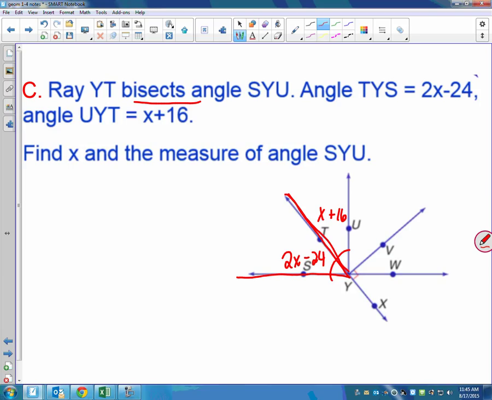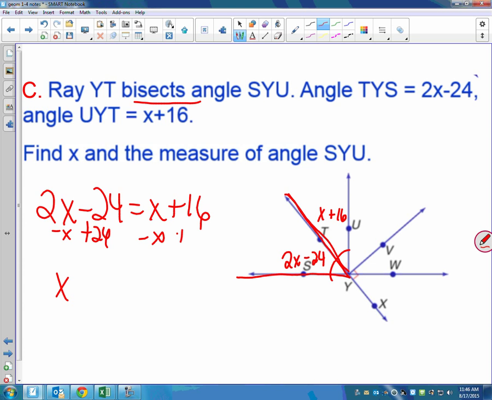Or we can figure out, we'll find out for sure now if our measurement was right. We're saying this is 90 degrees, right? One of you said that. If it's 90 degrees, we should get that each one of those is 45. But now we'll figure out, what if it was 89 degrees? We're going to find out for sure right now when we solve this for x. So we know bisects means they're equal to each other. I can tell you that in geometry, they're going to give you lots of words to go with the picture. Don't get overwhelmed by it all at once. Take it a step at a time. And just label it, or draw the picture, fill it out, and think about what it means. So if I subtract the x over, that's just going to be x, right? And I add 24 over,